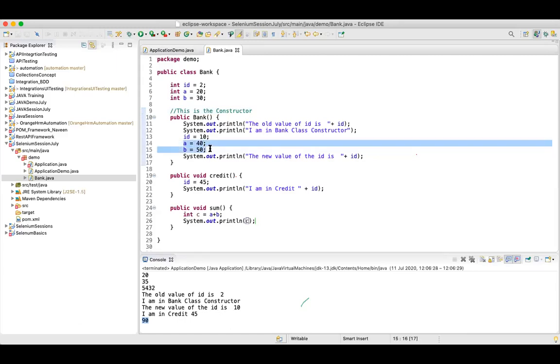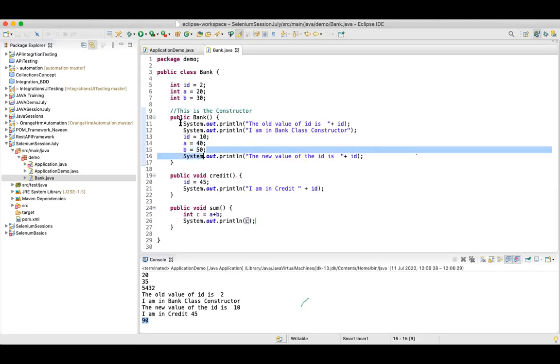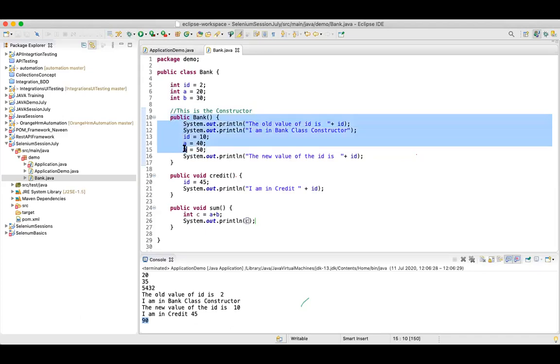Because of this reassignment, the value of a and b is getting updated. And what's the basic rule of Java? Not only of Java, but for any programming language, if you want to do something on a value, it will always pick up the latest value. Initially the constructor was called.